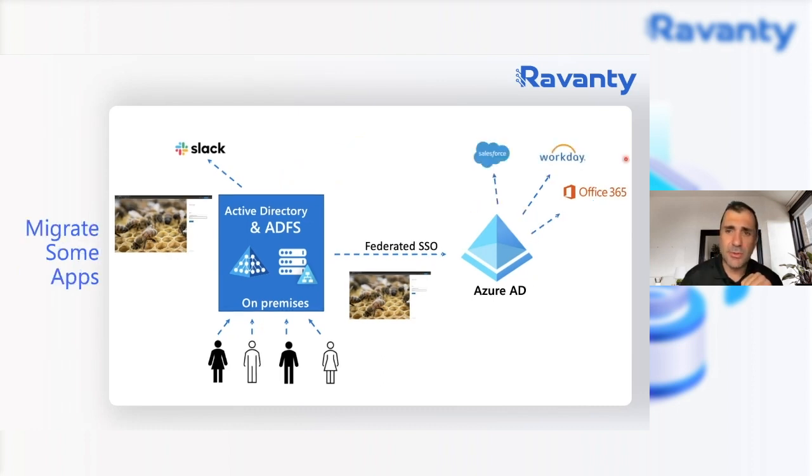Then we migrate some of the apps. So here we migrated a few of the apps directly into Azure Active Directory, meaning it's no longer tied to ADFS. So the user logs in normally. Again, in this scenario, the user is still authenticating to ADFS. After they log in, besides logging into Office 365, they can also log into Salesforce and Workday without these applications being dependent on your ADFS, because they're now single sign-on directly to Azure AD.